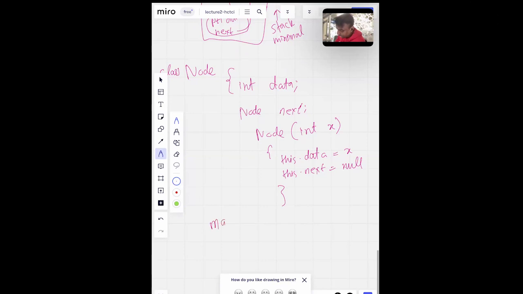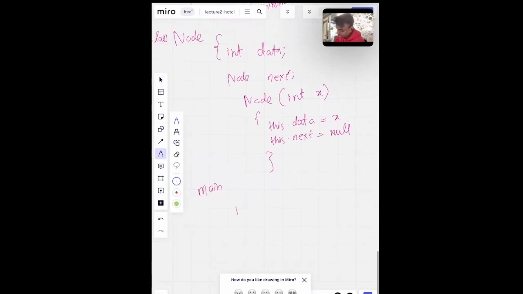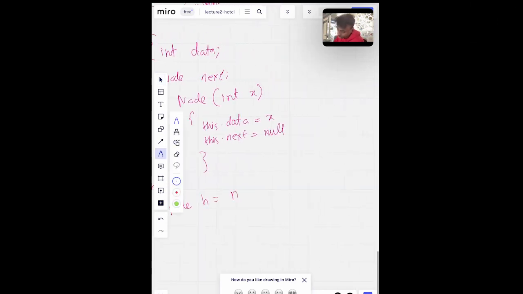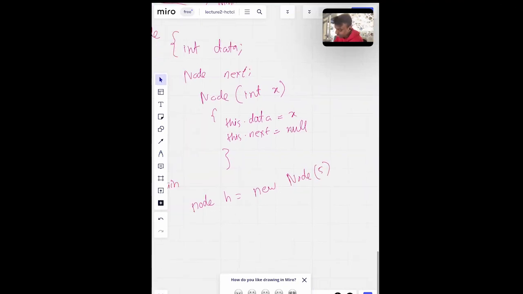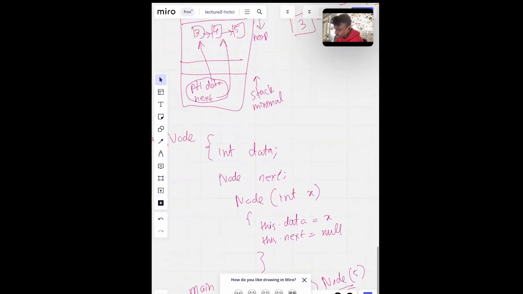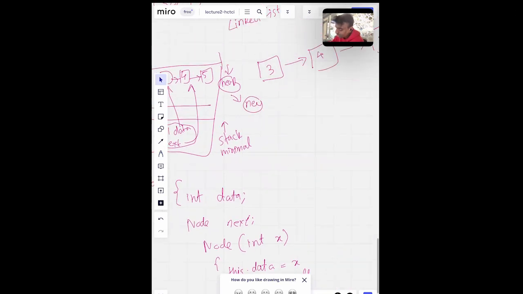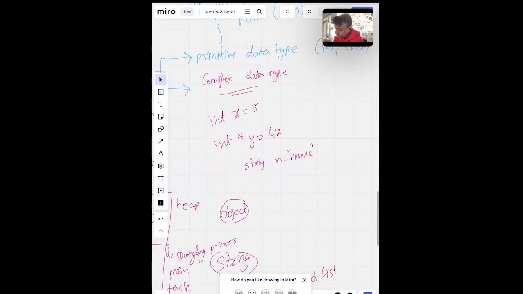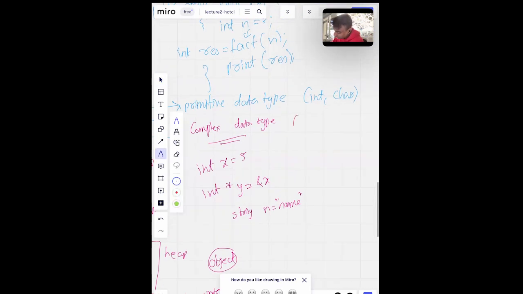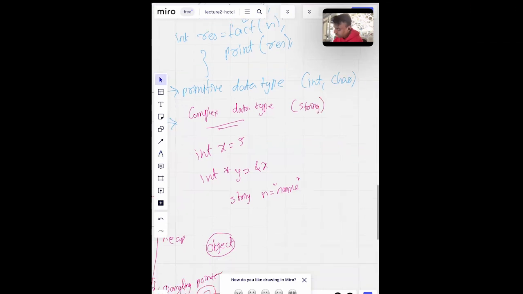Now, inside your main, you will say Node h is equal to new Node of int 5. The moment we call this, the keyword I want you to remember is new. Anything created with new is going to be on the heap. Remember, I was telling you the difference between fundamental and complex data types. In complex data types, if you go back to the original C, even if you had a string, what they will do is